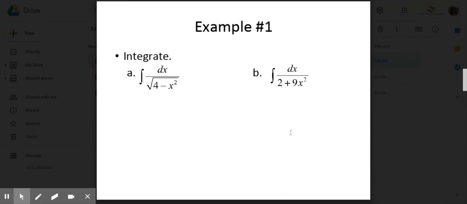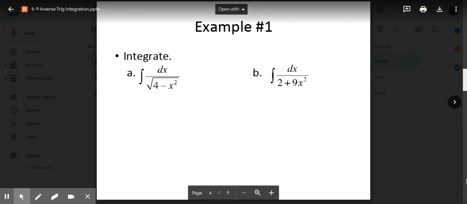All right, let's just go straight into the examples instead of having a separate content video this time. Looking at this first problem, if you notice, there's a radical and the numbers in front. So to me, this looks like an arc sine problem. So if I'm looking at arc sine,